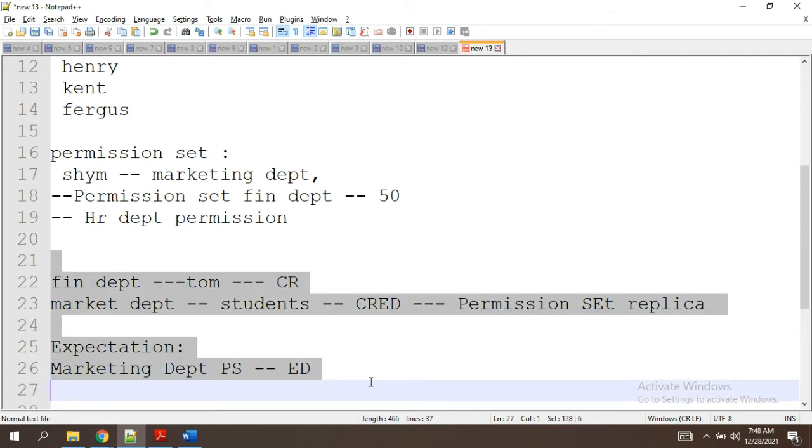Since we have only one user, we have to do trial and error methods on Tom only. We do not have other sets of users, so we are doing this. But in real time projects you will get a huge number of profiles and n number of permission sets. Like if I am a manager, I will have permission sets added for 4 to 5 departments.